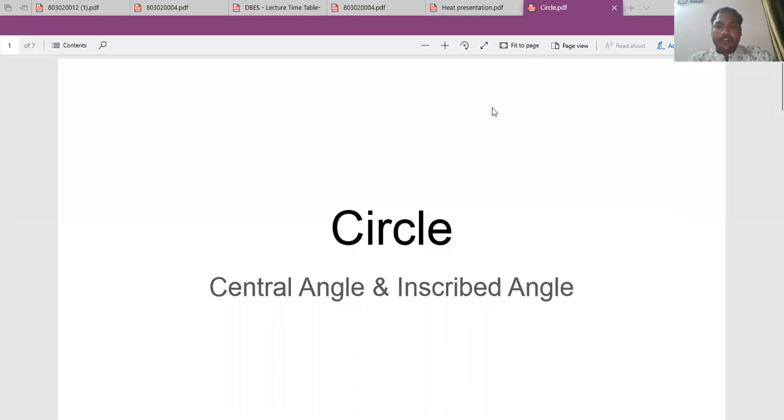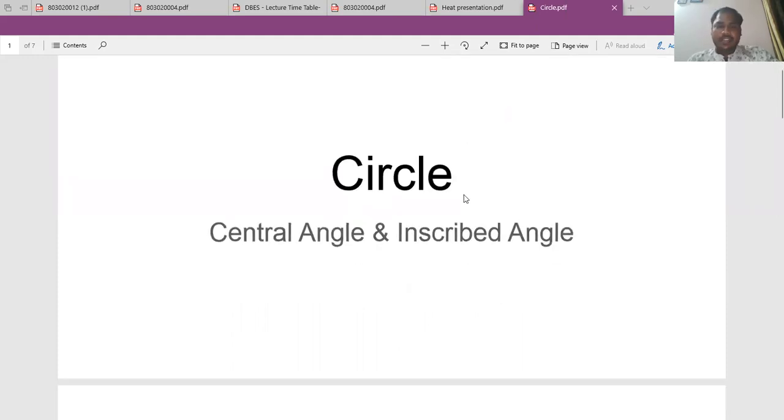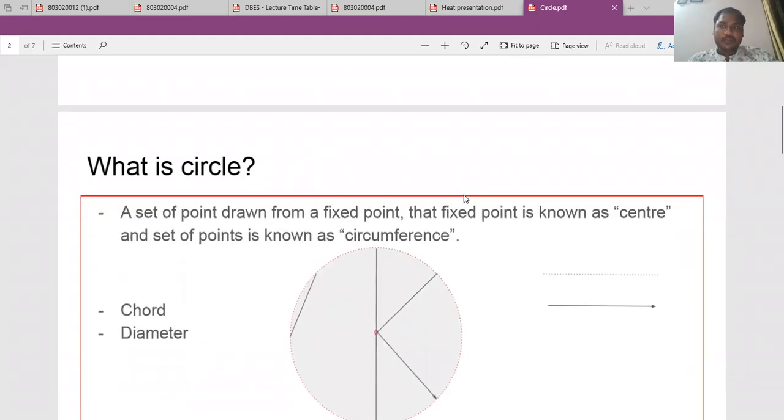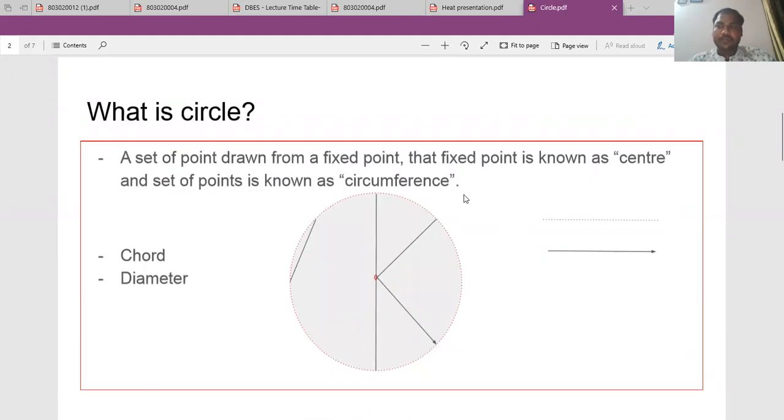Hello everyone. Now we will discuss a few concepts related to the circle, that is, the central angle and the inscribed angle. So let's learn about the central angle and the inscribed angle. We will start with the basic things of the circle. First we will come to the question that everyone has in their mind: what is